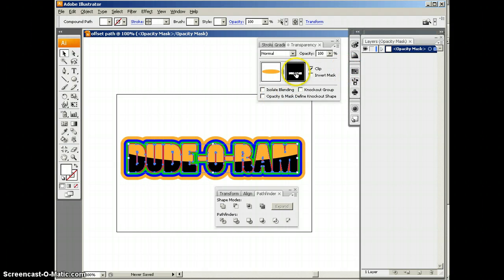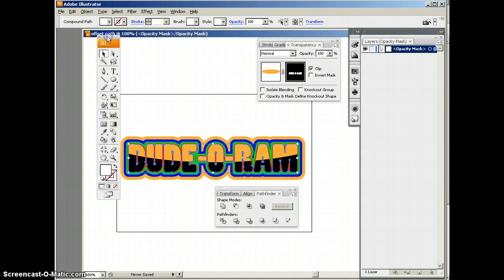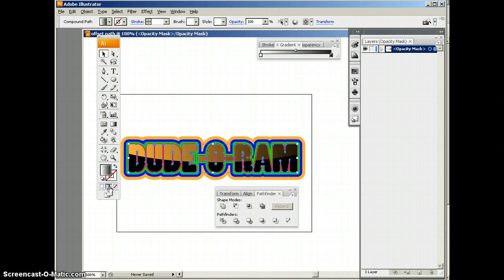And it basically clips that oval shape that you create. But now I'm going to change that white to a gradient. So I'm going to come over here. Instead of a white fill, I'm going to go to the gradient fill that's right next to it where I'm showing you. So gradient will